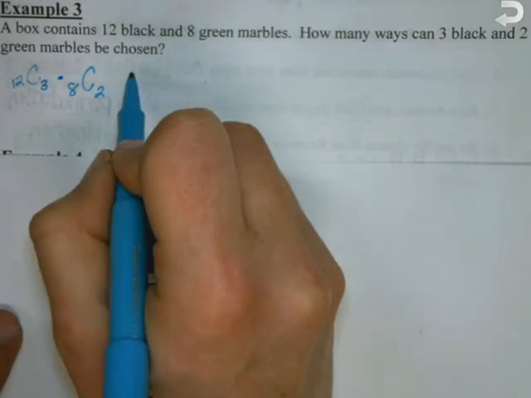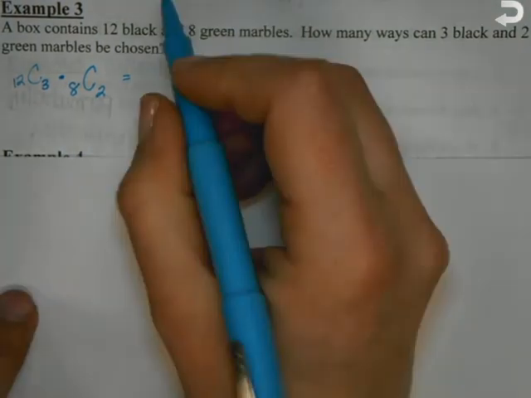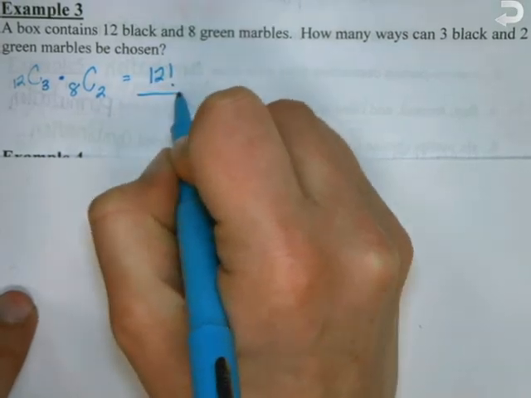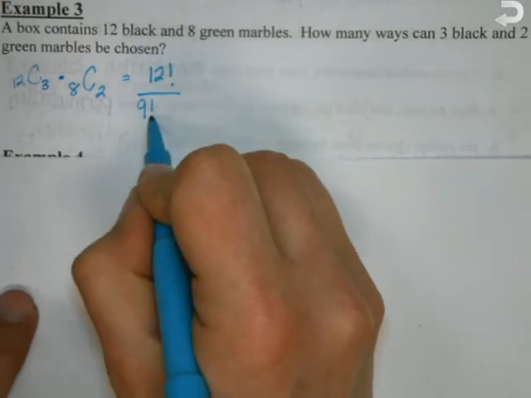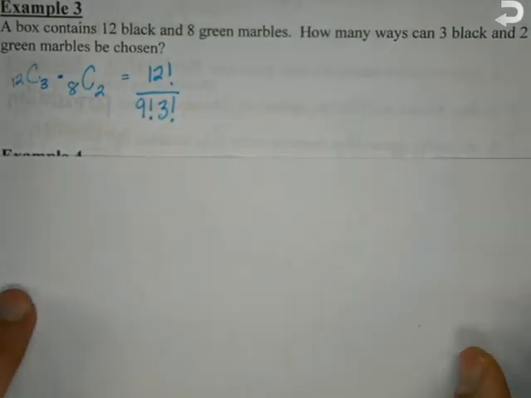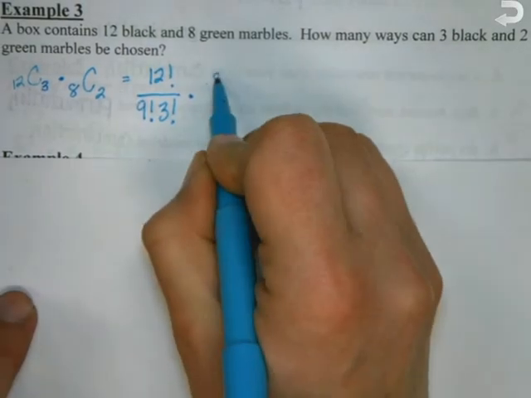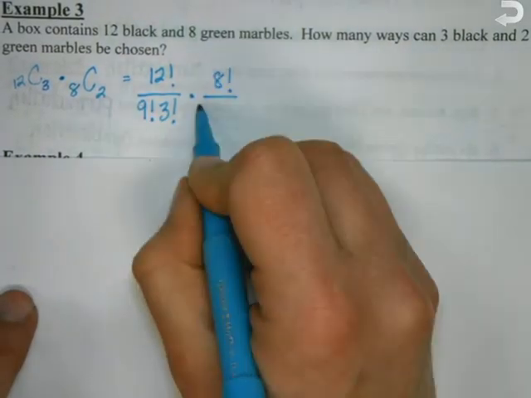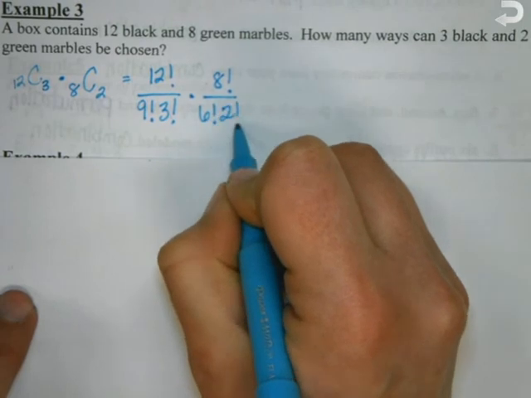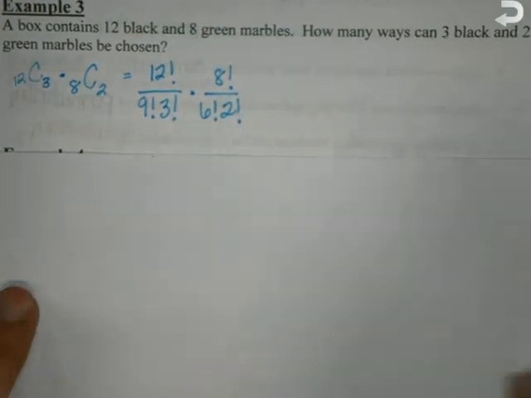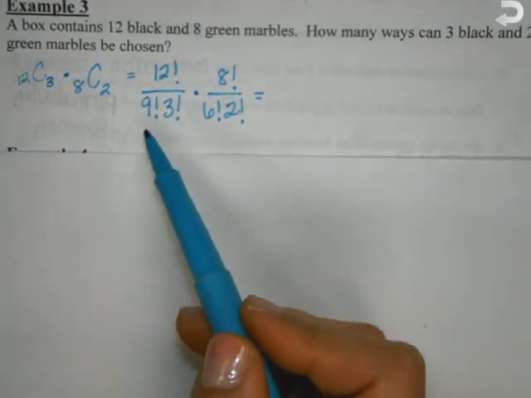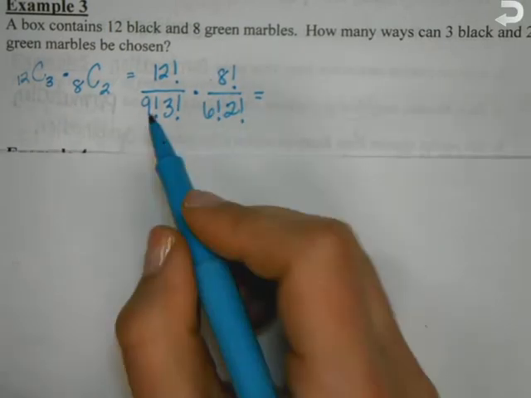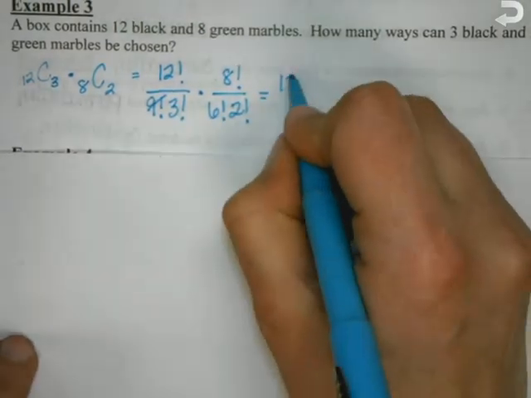So this is 12 factorial over 12 minus 3 gives me 9 factorial times 3 factorial, times the second combination is 8 factorial over 6 factorial 2 factorial. Okay, let's look at the first combination. What can cancel here? 9 on down, right? So we are left with 12 times 11 times 10 over 3 times 2 times 1